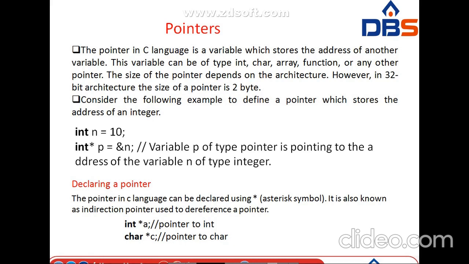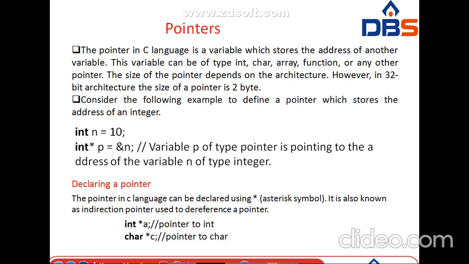Here is one simple example to define a pointer which stores the address of an integer, that is int n equal to 10. See what will happen here. n is a normal ordinary variable. Then int star p equal to ampersand n. Here star p is a pointer variable. To declare a pointer variable, we use the operator called star.